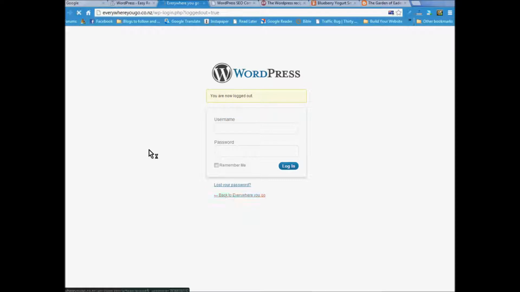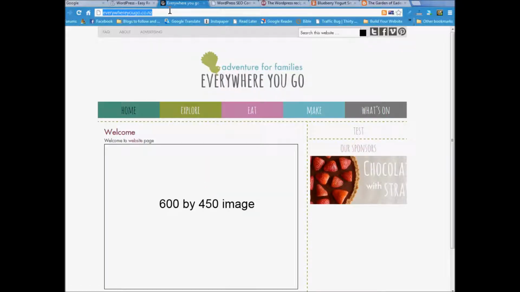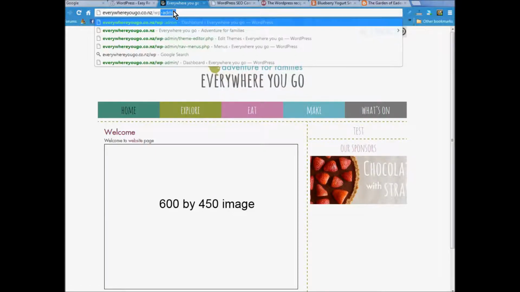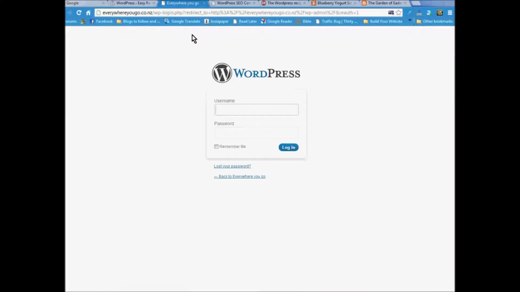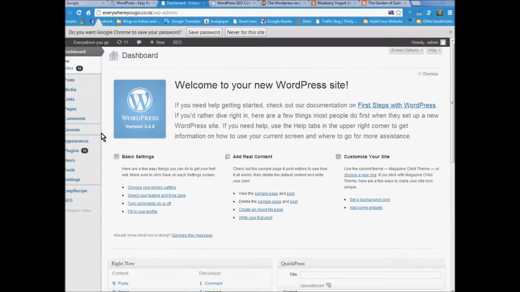back to the right. So /wp-admin, then admin, and the password. I'll make you a separate user shortly, so that both you and I will have separate logins. Okay, so then